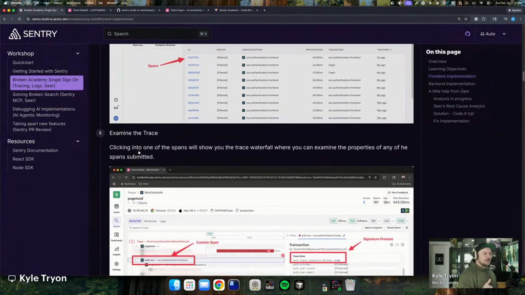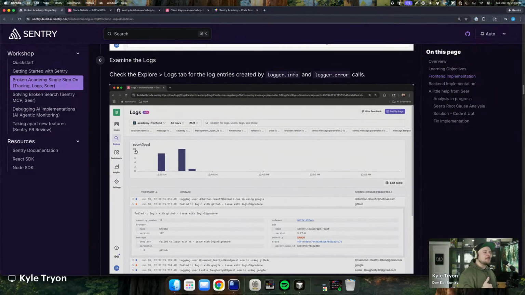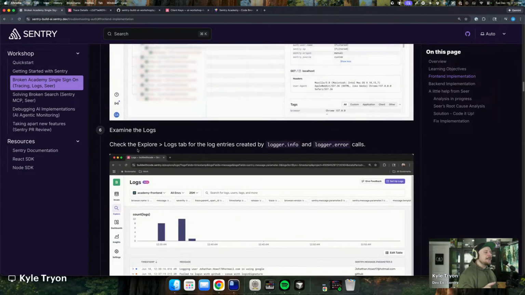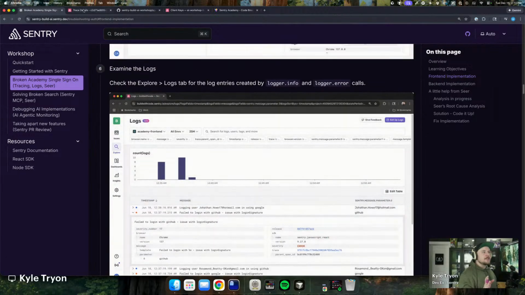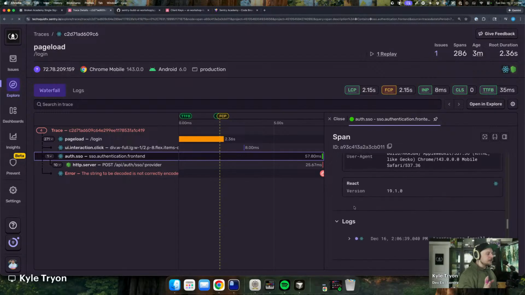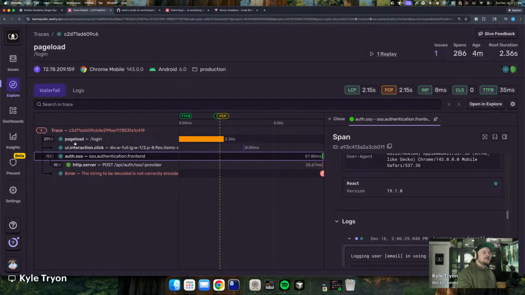So we just went through all this information because I cannot help myself but to jump the gun. So we looked at the trace. What we haven't looked at is the logs, and we could do this a few different ways. I like to do it through here. We can go through the log explorer. Just like how there's the traces explorer, there's the log explorer, and it works very much the same. We can query. But since I'm already in this trace, and this is the trace that I'm interested in anyway,